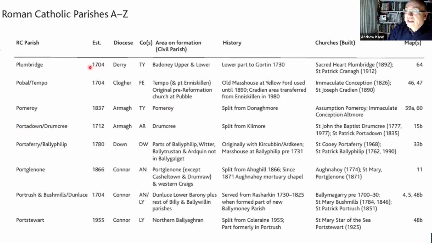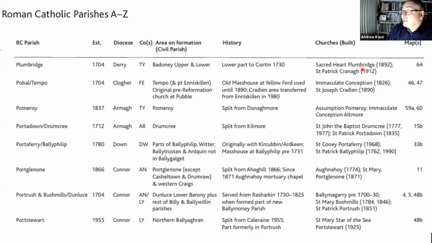And then those will change over time. As you can see there, Plumbridge included the civil parishes of Upper and Lower Badoney, but part of it was hived off to create the Roman Catholic parish of Gortin, or Gorchin, as they say up there, in 1730. And then you can see in the right-hand side the churches that are within that parish and what year they